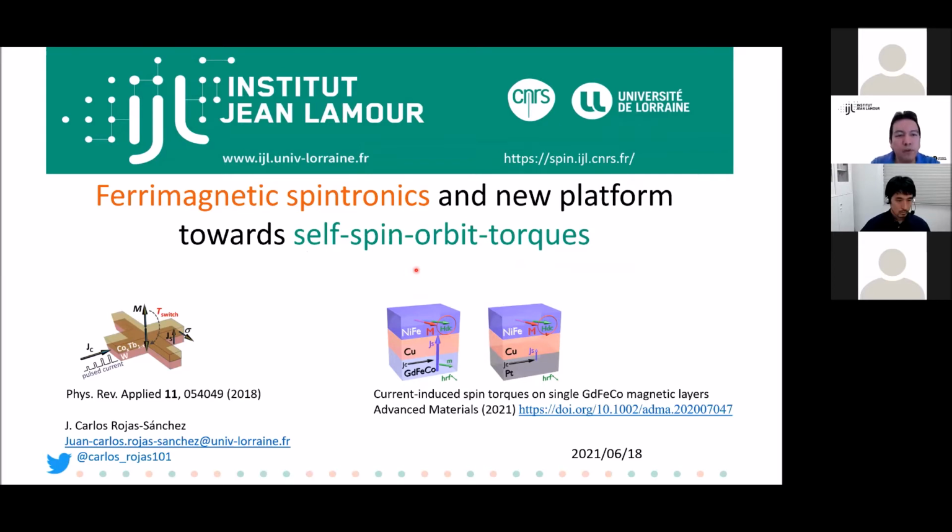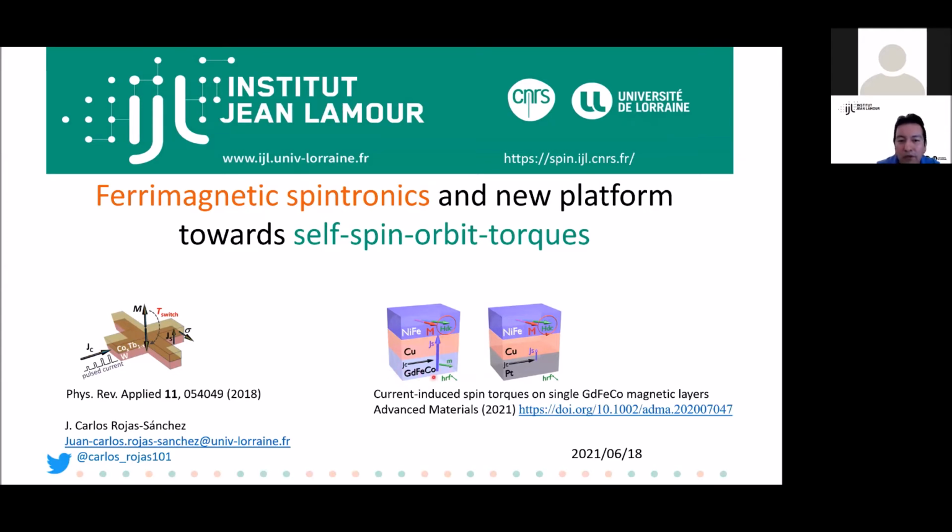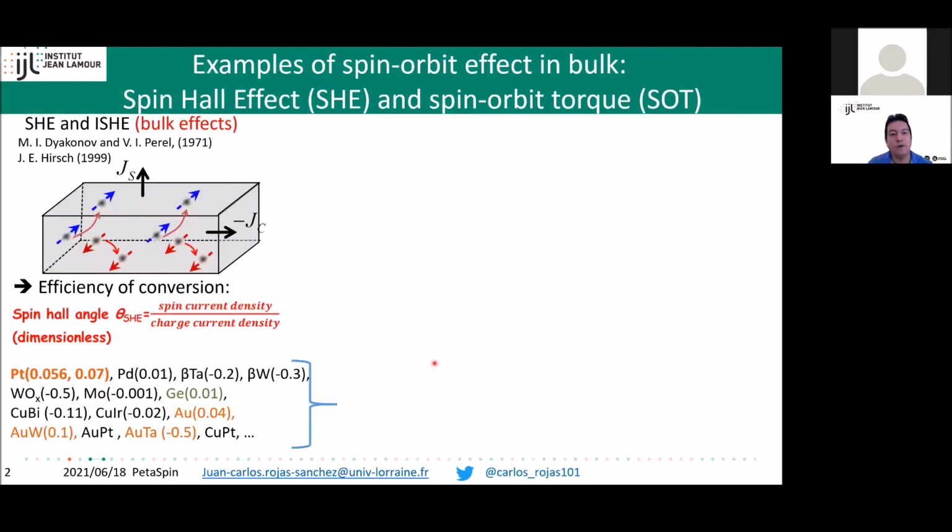So I entitled my talk Ferrimagnetic spintronics because I want to show you two recent works. One where we use a cobalt terbium ferrimagnetic layer on top of tungsten, and we exploit the spin Hall effect of tungsten to show the spin orbit switching. And in the other, more recently, where we exploit the cell production of spin current in magnetic materials, in particular ferrimagnet, where we have a strong spin orbit coupling to the 5D band of this rare earth, in this case with gadolinium iron cobalt. So let's remember that the main operation in recent spintronics advancement is the spin charge current